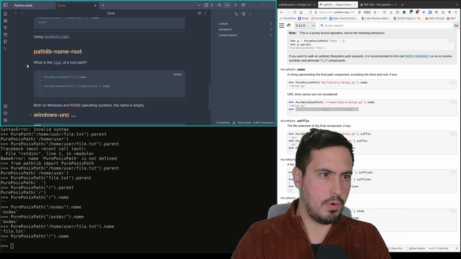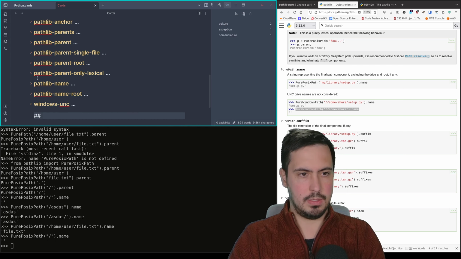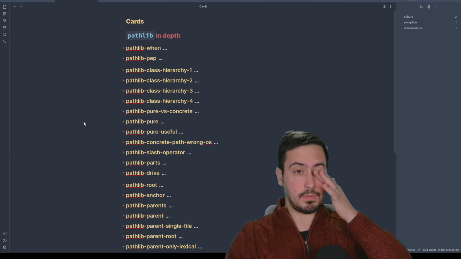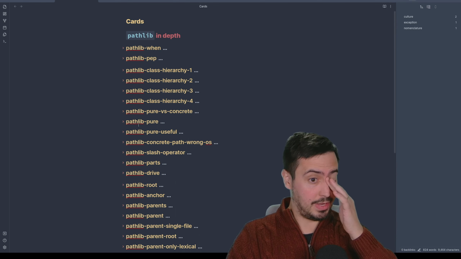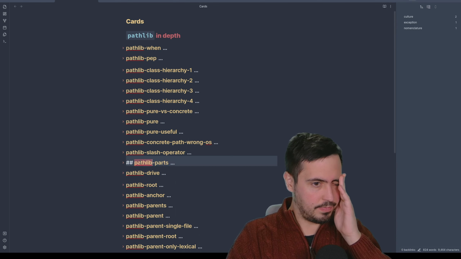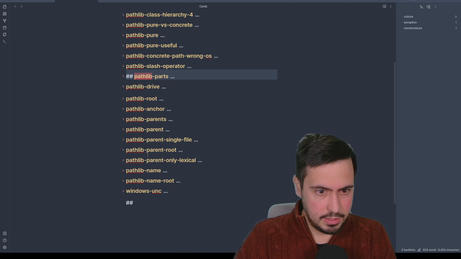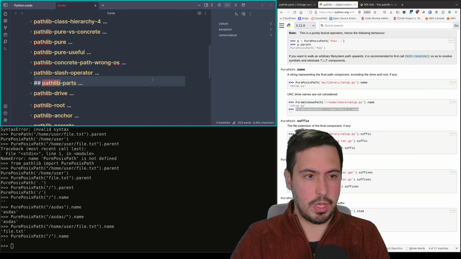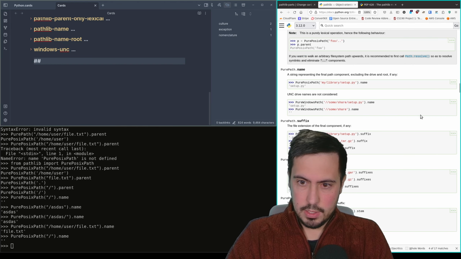More things. How many cards do we have so far? Let's check this out. We have 1, 2, 3, 4, 5, 6, 7, 8, 9, 10, 11, 12, 13, 14, 15, 16, 17, 18, 19, 20, 21, 22, 23. Okay, we're picking up some speed. So now,